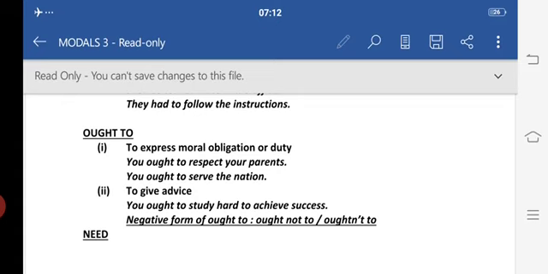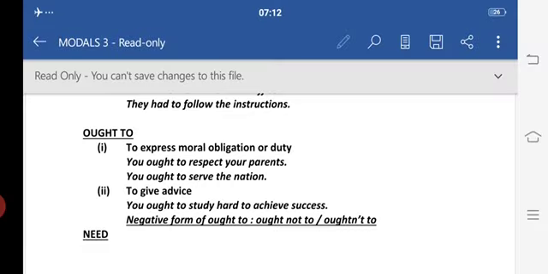Now you can use either, right? If you had to put a question tag to a sentence in which ought to is there, it's very, very important, just keep this in mind. If you are asked to put a question tag, then the question tag must be shouldn't. If the sentence is positive, with ought to, you have to put a negative tag with should not. If this sentence carries ought not to, you have to put a positive tag, that is should.